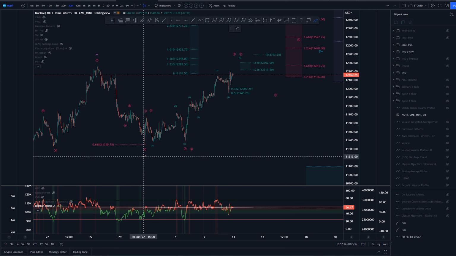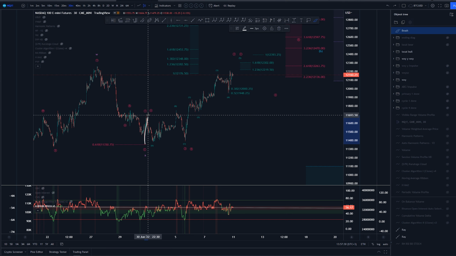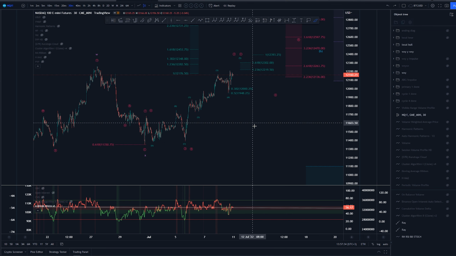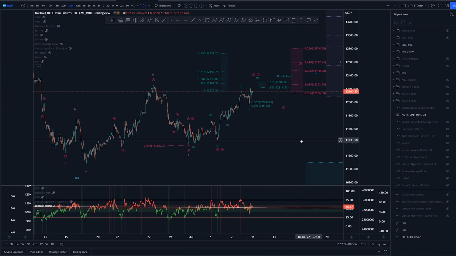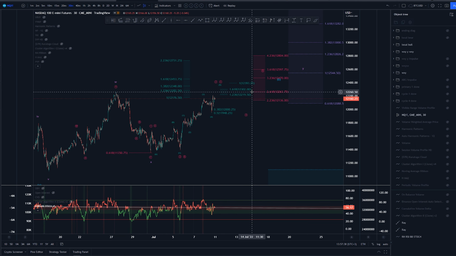Then for the last leg of wave Y of this sub-minute count, we have this as a wave 1 or A wave, then 2 or B, and then looking for that C wave. For this to be a C wave, we really don't want to see it go beyond the 2.618 extension here around